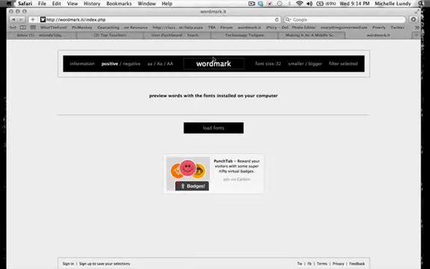And then right here, this is the magic button. When I click that, it is going to go to the font folder in my computer, and it is going to pull up every single font I have, however many hundreds there might be. Okay? And you'll see that some of the